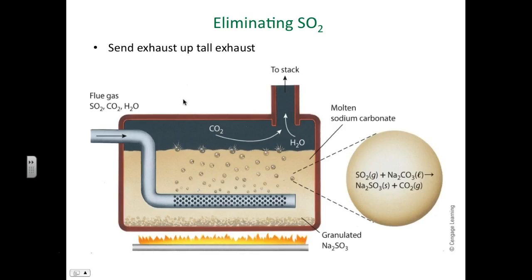One way factories that produce sulfur dioxide can eliminate it is they have a tube, or a flue, if you will. They call it a flue. It's basically a big pipe that pushes out the sulfur dioxide gas, carbon dioxide gas, and water vapor, and it leads into an area that contains molten sodium carbonate. That's the